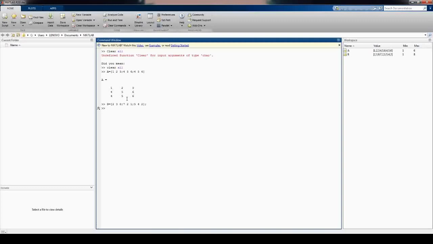Let's perform other operations with the matrices A and B. Adding two matrices is very simple, as in the case of arrays, put A plus B. The sizes are matching, so simply put A plus B. You can subtract matrices, A minus B. But coming to multiplication and division, the order is very important.